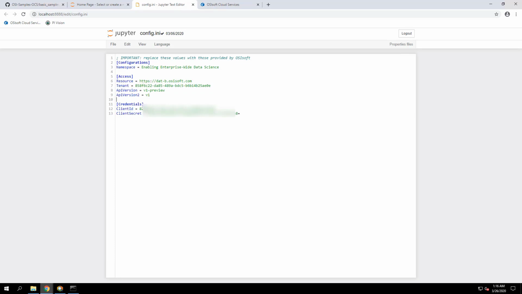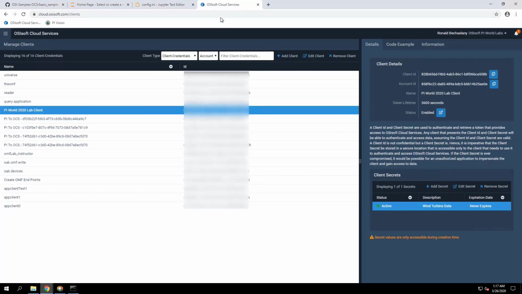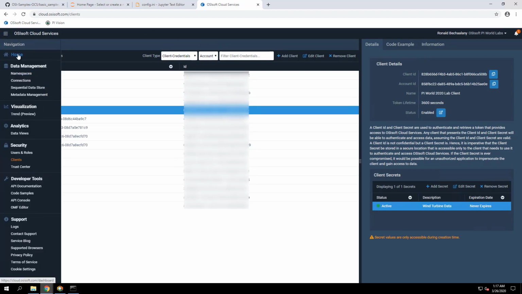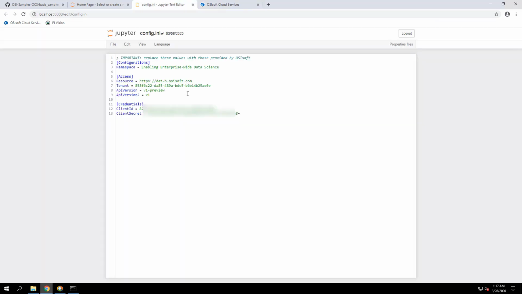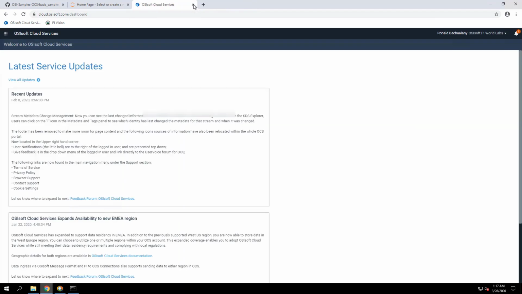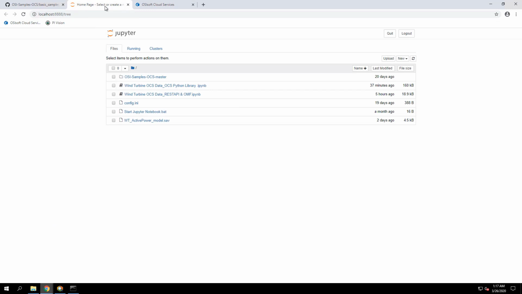The client ID you can copy from here, and the client secret is the secret you've created. So this is what we need to configure in the configuration file. I'm going to go ahead and close that, because we're not going to need it anymore.